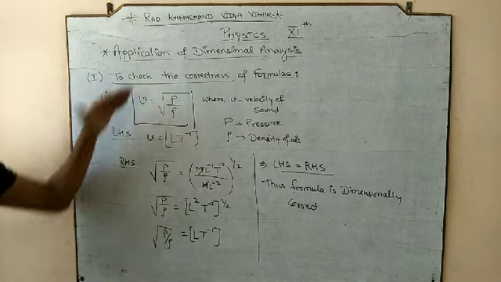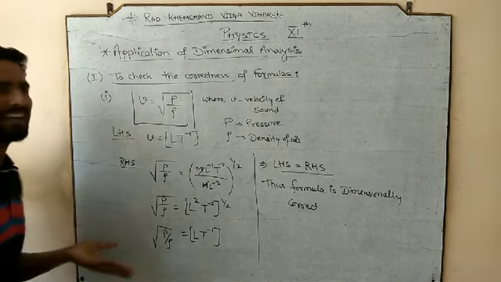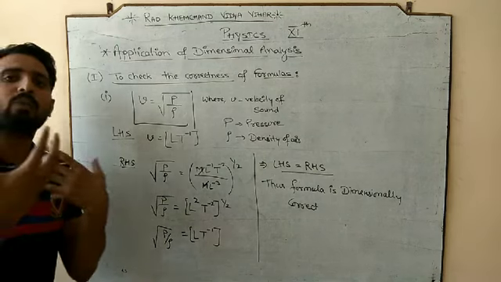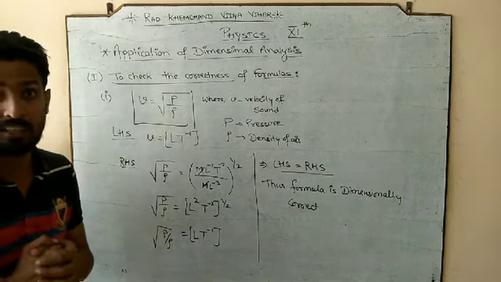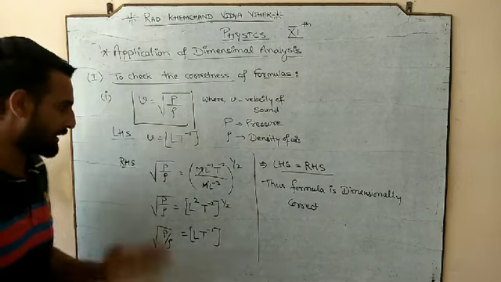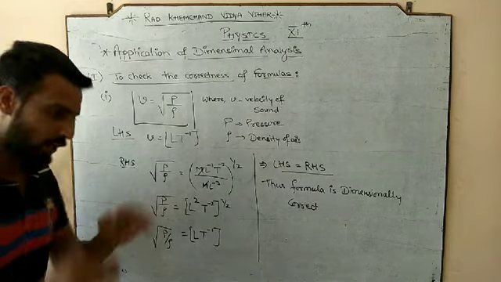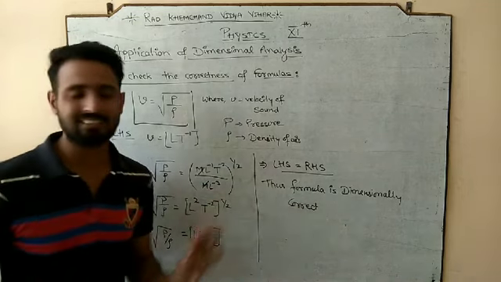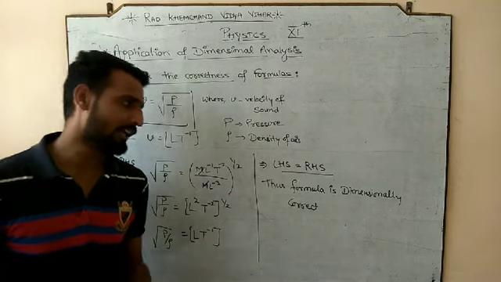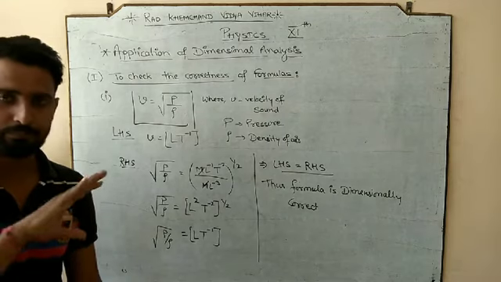So your first application does not show any type of derivation. It is a numerical itself. So all the applications are of the numerical type, showing how we can use the dimension concept. We study dimensions, and by dealing with dimensions, we can check the dimensional correctness of the formula. Okay? And at the end, when your LHS is equal to RHS, you can write that the formula is dimensionally correct.